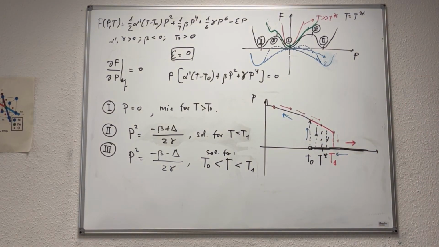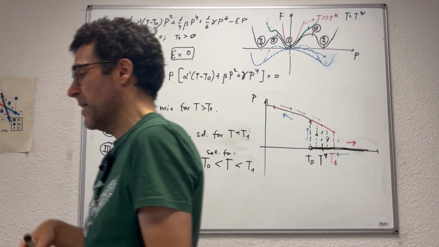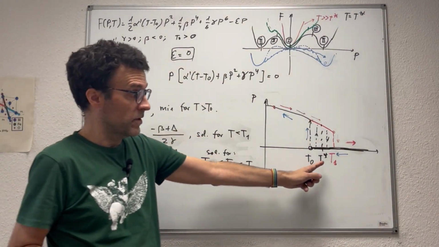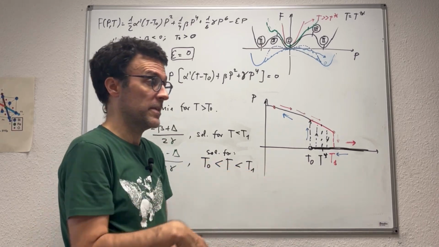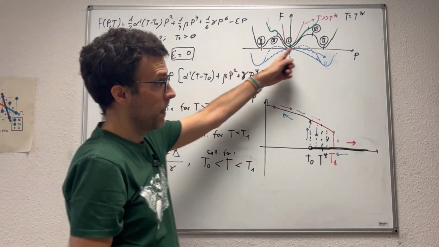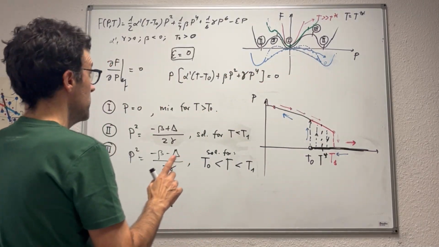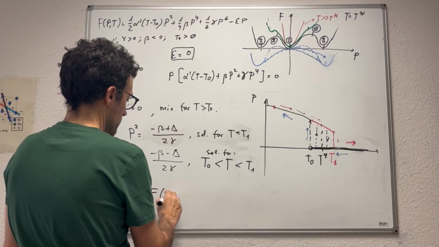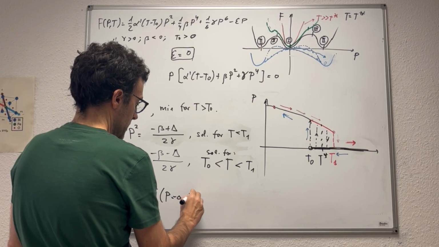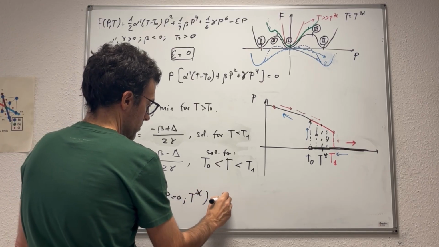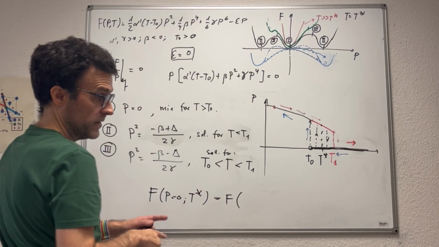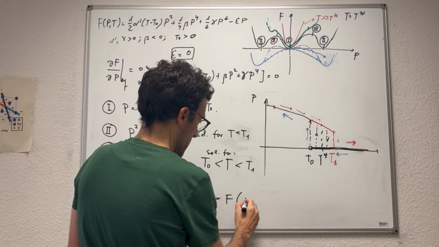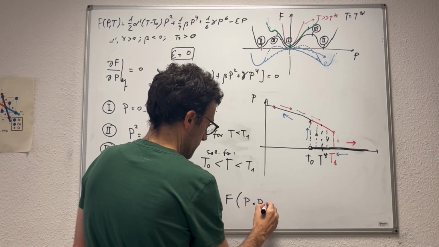Actually, T star was something that we introduced at the beginning as some sort of idealized temperature, but one was that we have a model. We could actually derive T star from the parameters of the model, because T star, by definition, is simply the temperature at which the free energy of the state with zero polarization at T star is equal to the free energy of the state with finite polarization. So the state number 2, let me call it P equal P2